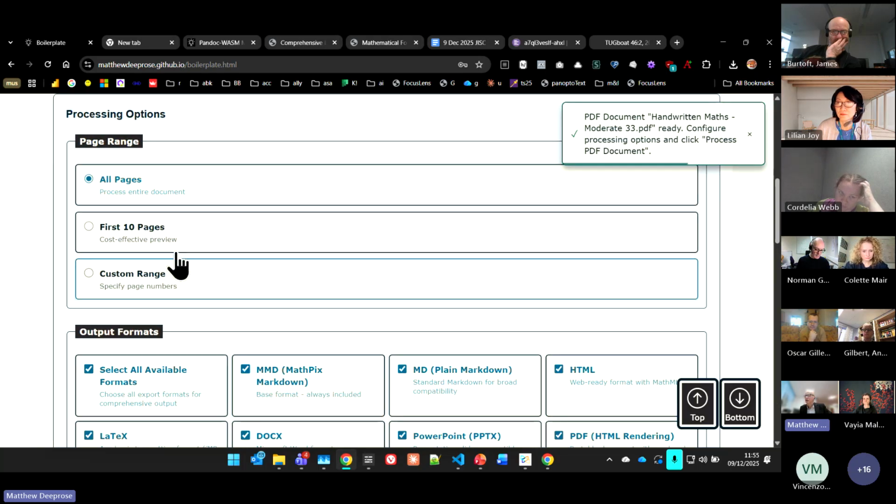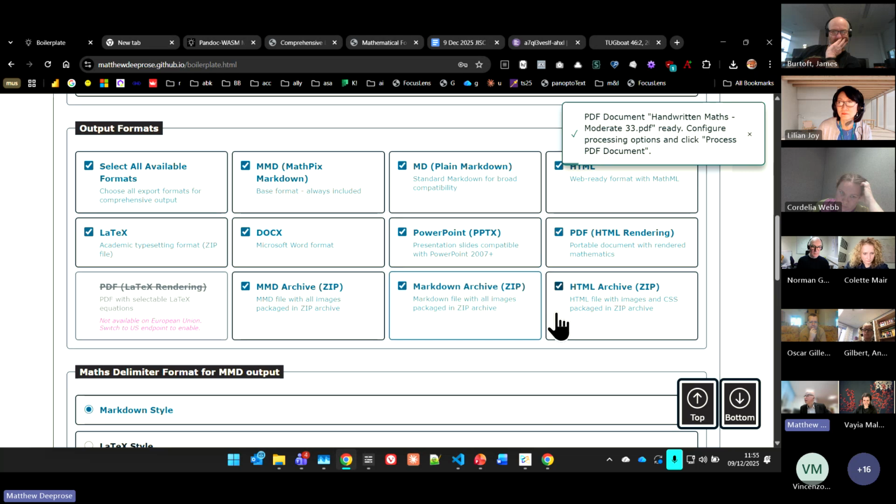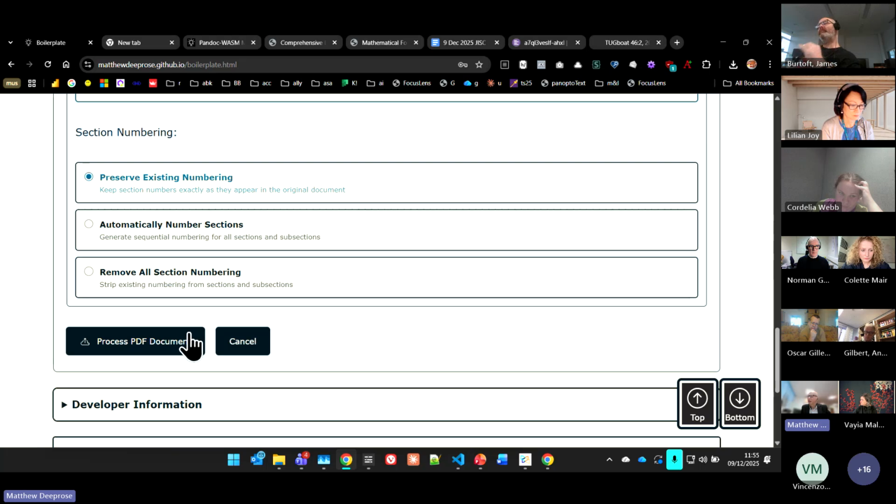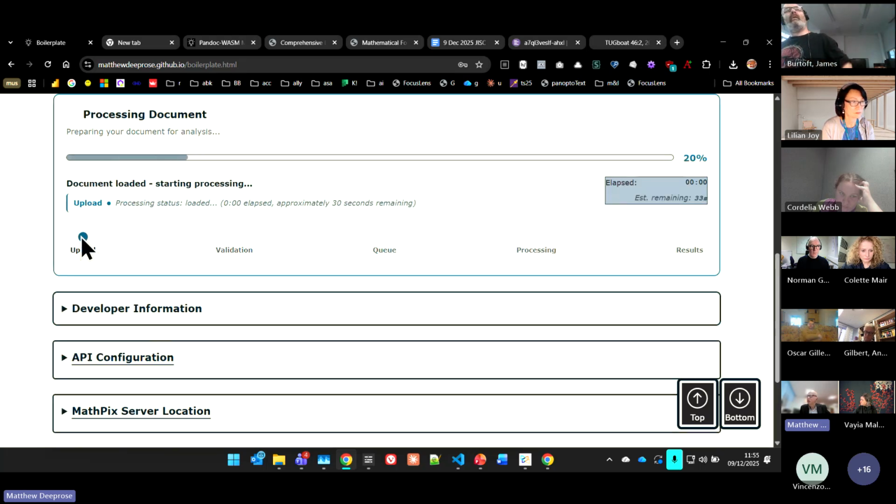If I do this, these are all the options that you get when you use the API. What I found, which they did not document, and there's lots of things that MathPix don't document, is if you use the EU endpoint, you can't get PDF with LaTeX rendering. They only support that on the American endpoint. And I think if you use their actual software, it all goes through the American endpoint. You can't choose to put it through the European endpoint. But if I select all of those options with their defaults and